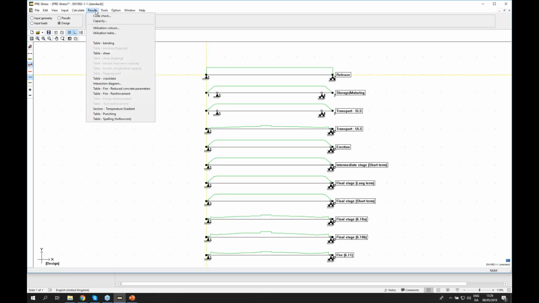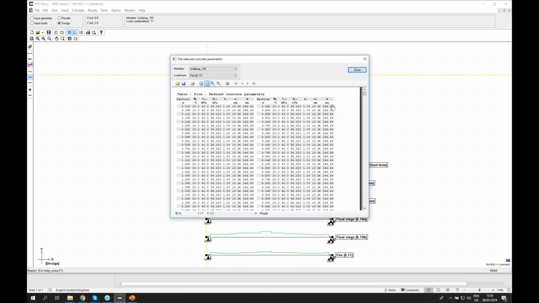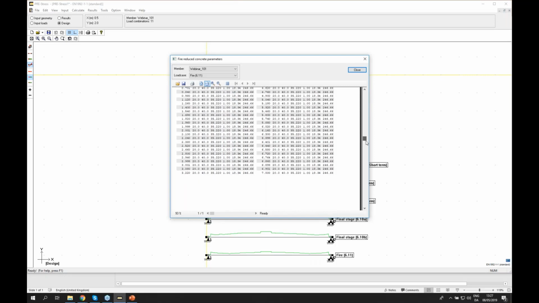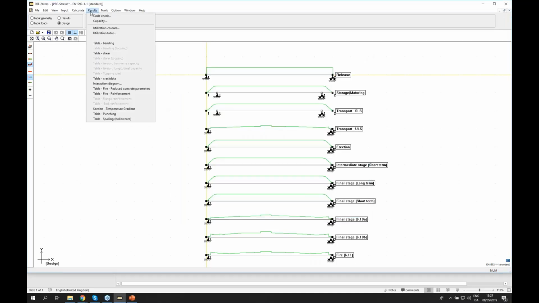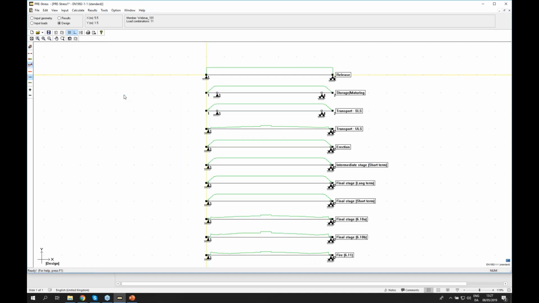Some other results that I want to see is the fire reduced concrete parameters. So here I get a table with my reduced concrete parameters exposed to fire. And also for the reinforcement,